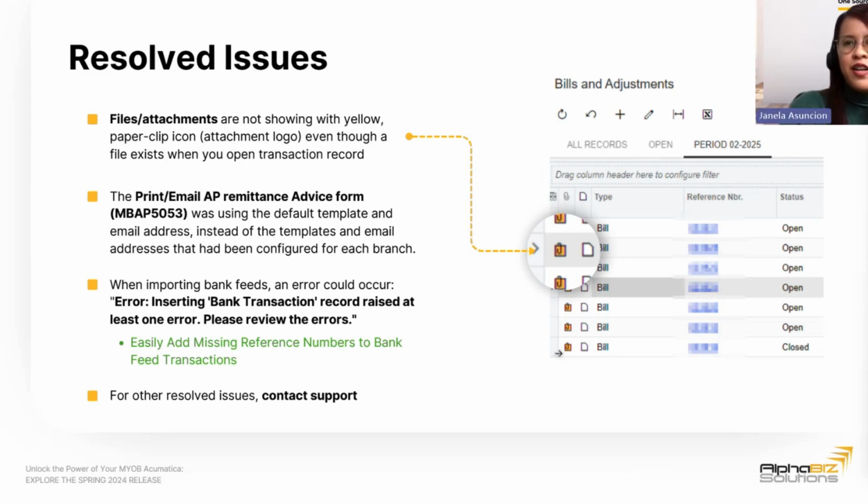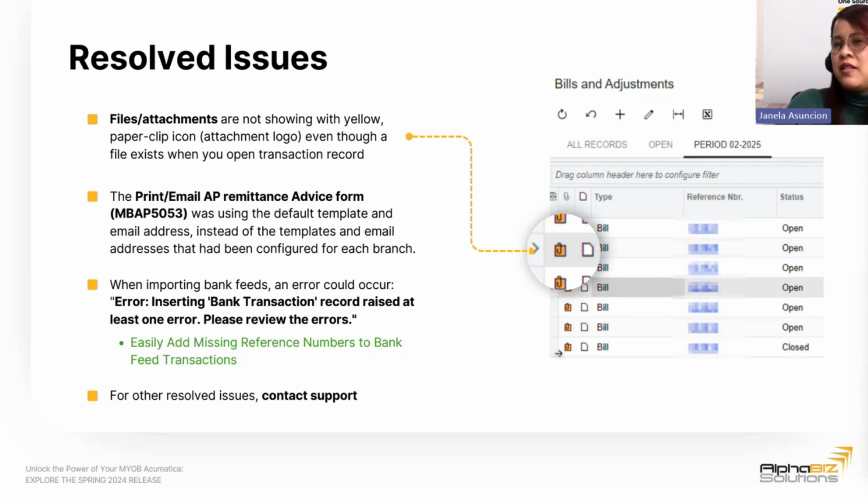All right, thank you, Adam. So, with this next coming upgrade, there is a bunch of resolved issues, and we would just like to highlight these three items that have been consistently reported to us. First on the list is files and attachments not showing previously on bills or other GIs. Now for the next upgrade, this would be fixed and included, as you can see on the screenshot.